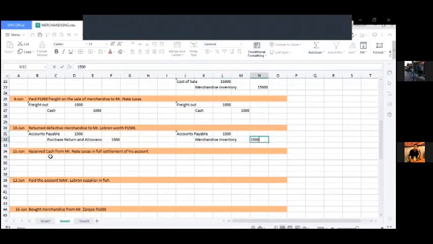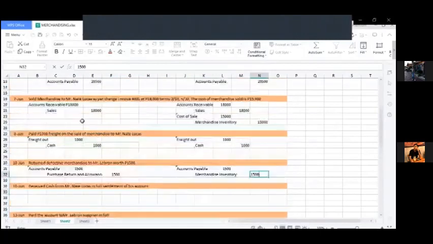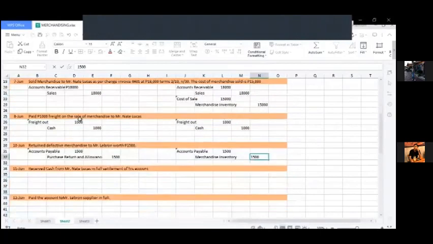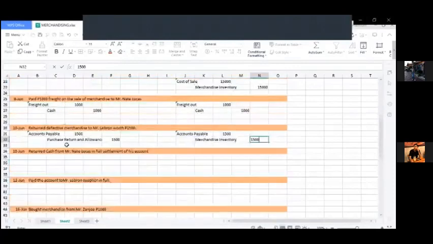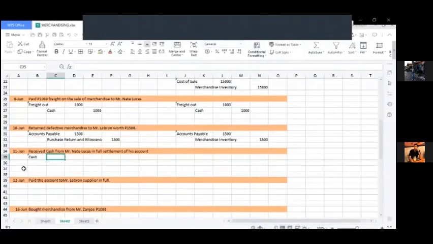1.5. So next, receive cash from Mr. Nate Lucas in full settlement of his account. So si Mr. Nate Lucas is yung may utang sa atin. So nagbayad na siya. Nag-payment na siya in full. So ano yung magiging entry natin dyan? Siyempre, may cash tayo na marireceive. And then,